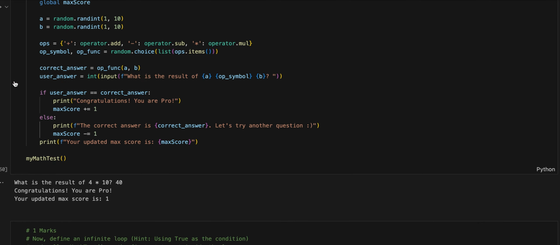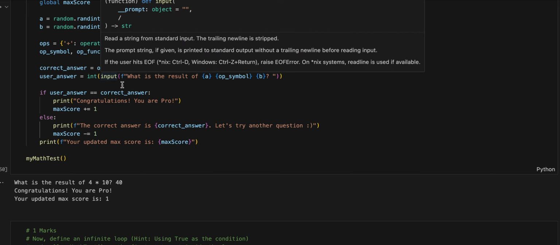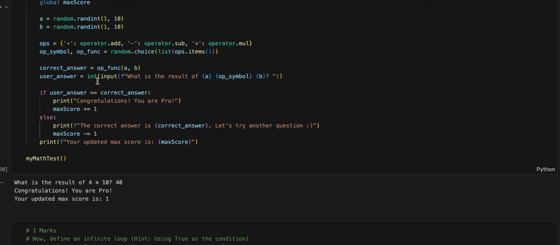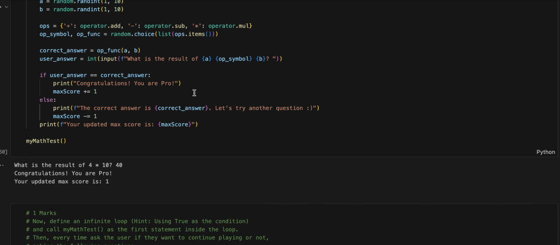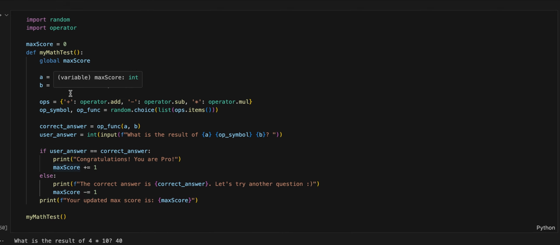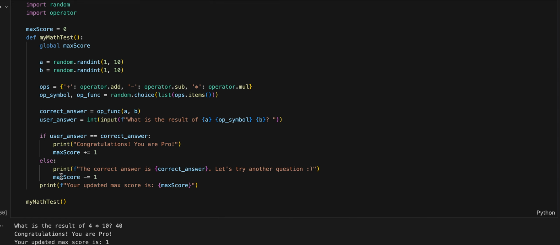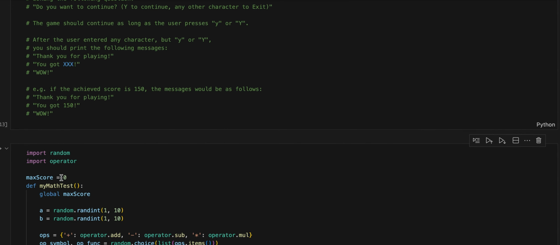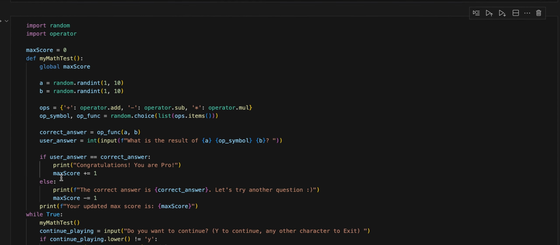Once we get the answer from the user, we will be changing it to an integer, and then we will be comparing them. If it's the right one, we will be adding to the max score as we said here, and if not, we will be deducting one. Here